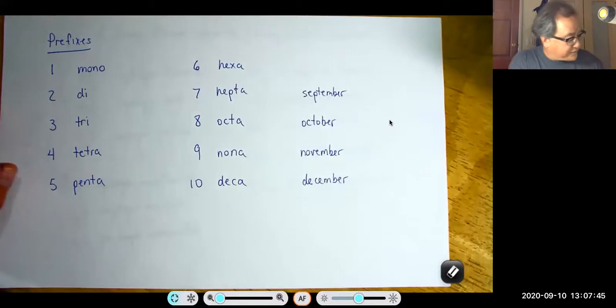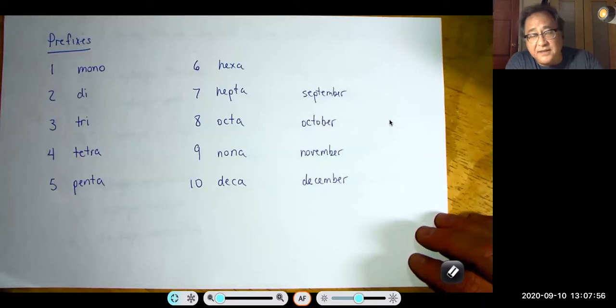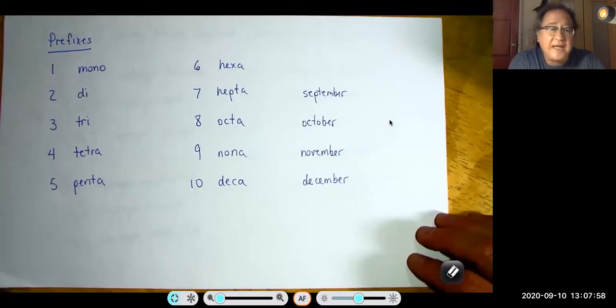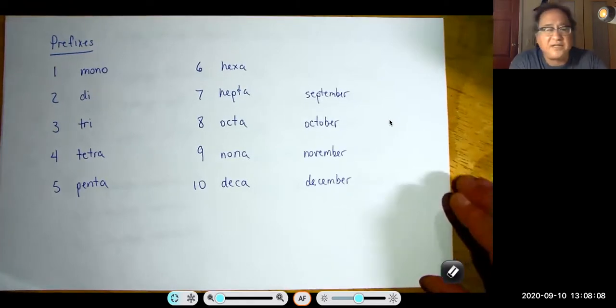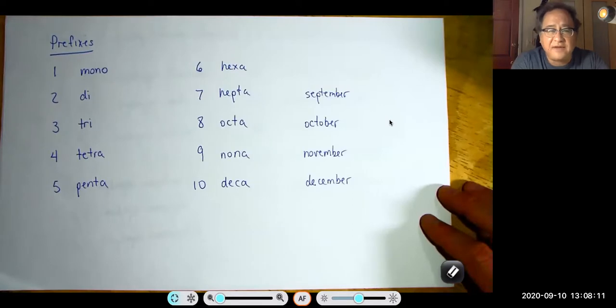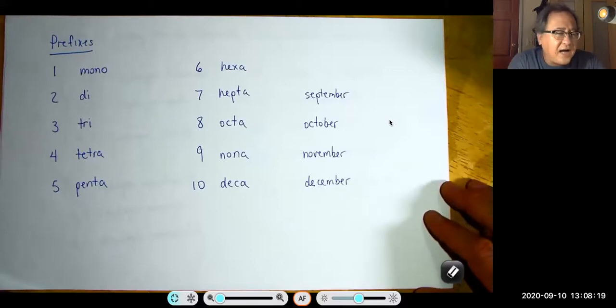But before we go to the examples, here are the prefixes that you need to memorize. 1 is mono, 2 is di, 3 is tri, 4 is tetra, 5 is penta, 6 is hexa, 7 is hepta, 8 is octa, 9 is nona, and 10 is deca. You need to memorize those. Mono, di, tri, pretty easy. Tetra, maybe not as easy. Penta, you've probably heard of pentagon, 5-sided building. Hexa, you've probably heard of hexa somewhere before. Hepta, octa, nona, and deca, you've actually kind of heard of before,